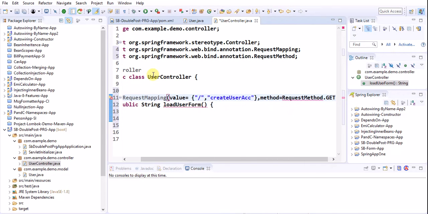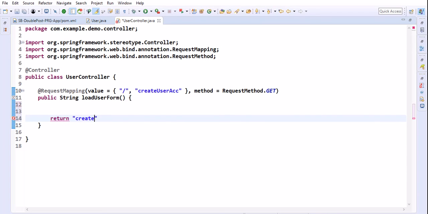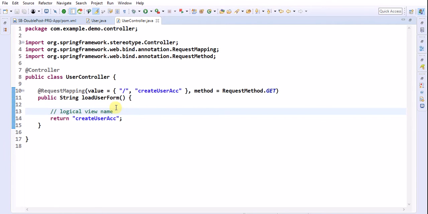That means I am binding my method to the HTTP request GET method. Now finally this method should return a logical view name. Let me create a view name as createUserAccount. This is a logical file name. Now for this form we need to send the binding object, right?